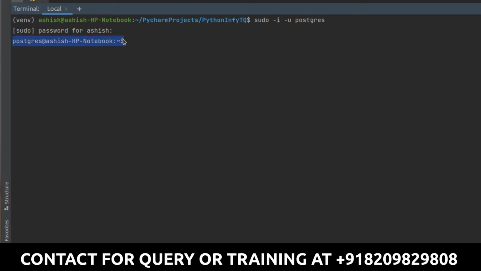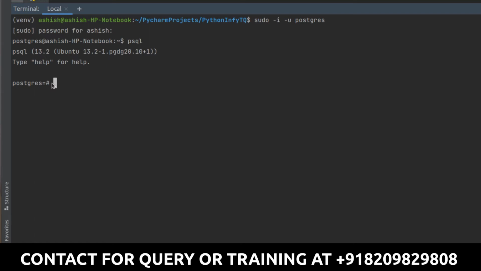Now we are inside that. Now we will simply type the first command, psql, so that we can open our Postgres. Now just run it. You can see now I'm inside the Postgres database, where I will have all my different queries and everything available, right?